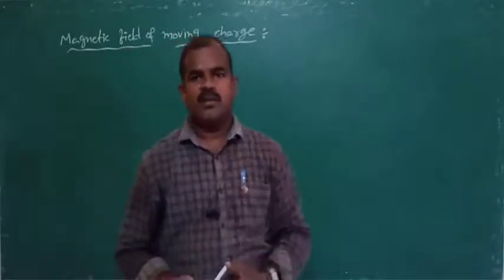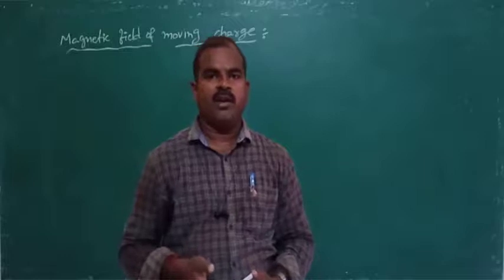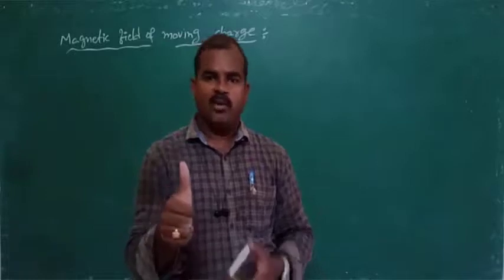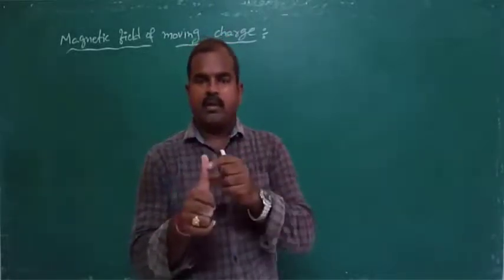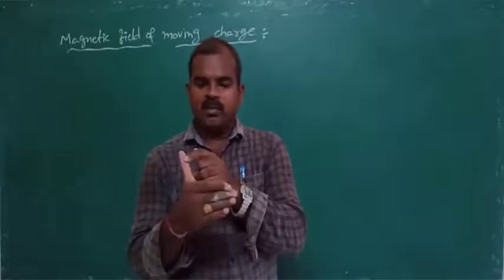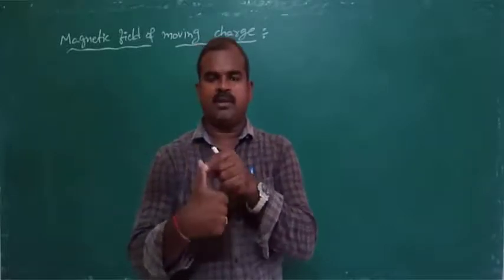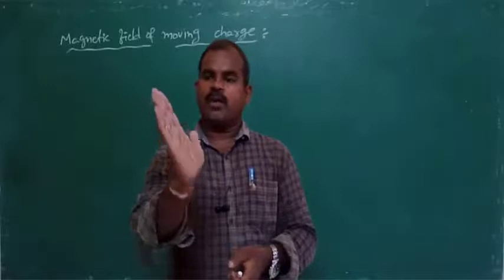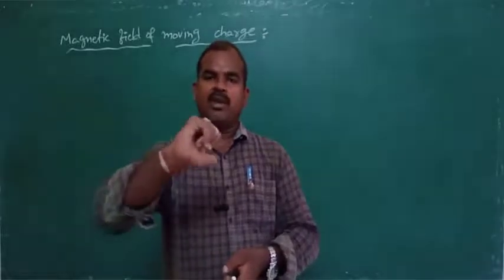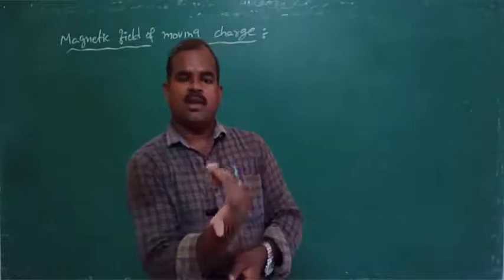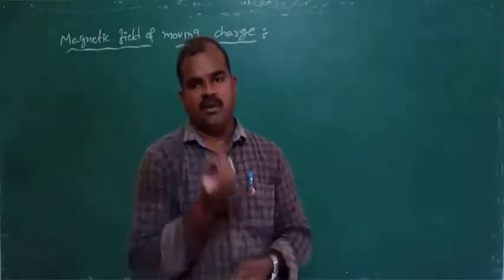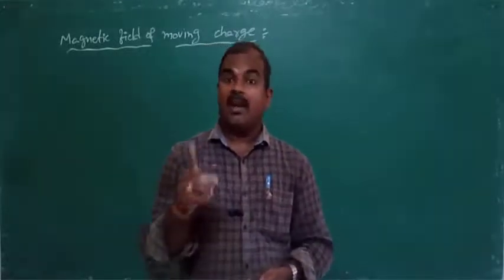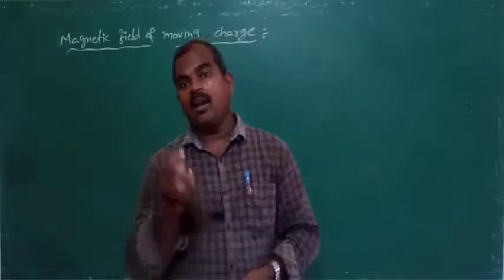In the previous class, we discussed the direction of the magnetic field due to a straight current-carrying wire by using the right hand thumb rule. Current is in the direction of the thumb, and the magnetic field lines are in the direction of the folded fingers. When current in a loop is anti-clockwise, the magnetic field is towards us. In the clockwise direction, the magnetic field is away from the observer. These are the directions of the magnetic field for a straight wire and for a loop.